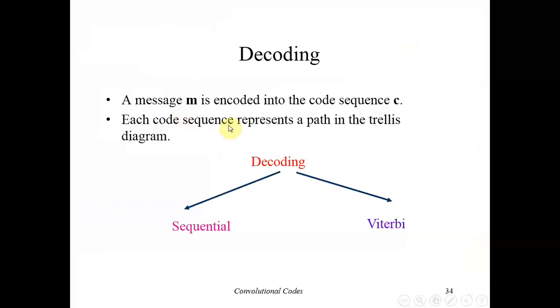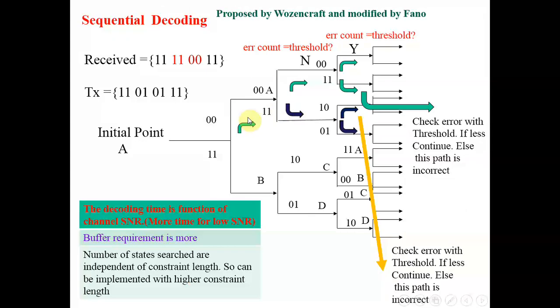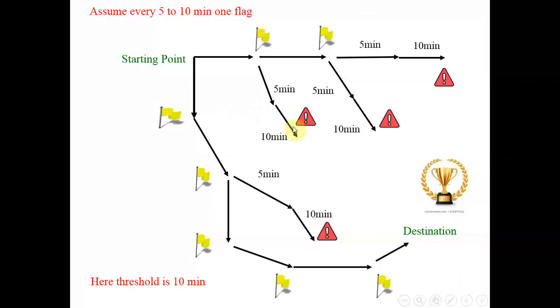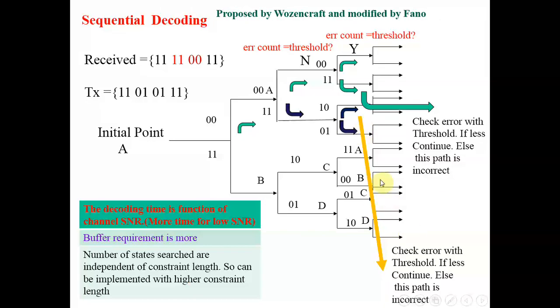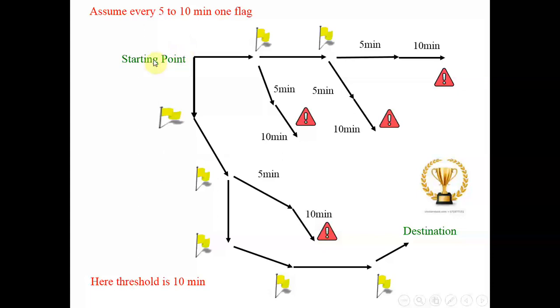Now this slide is not exactly similar to this particular process, but roughly I will explain it. It will be very clear. You have a starting point here and you have your destination, and your goal is to reach the destination, right? Now in sequential decoding, our goal is not to reach any destination. The destination here is to recover the correct code word. But just to have the analogy, I am saying that this is a starting point and this is your destination. So our destination here is to decode all the bits properly and get the correct code word.